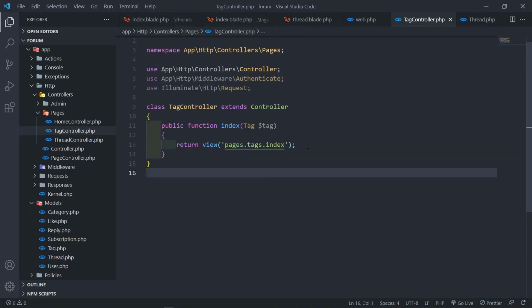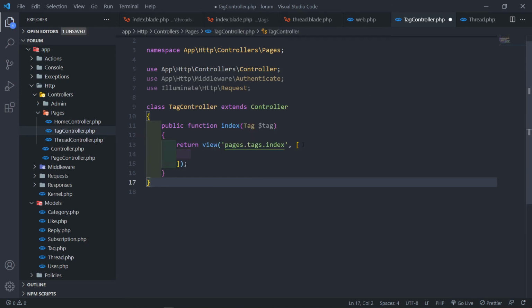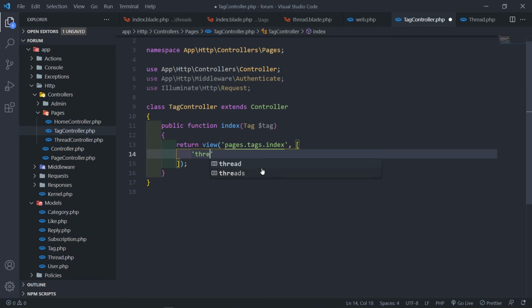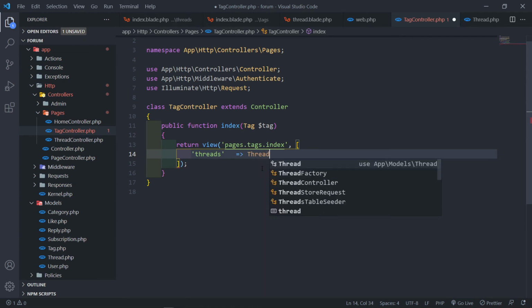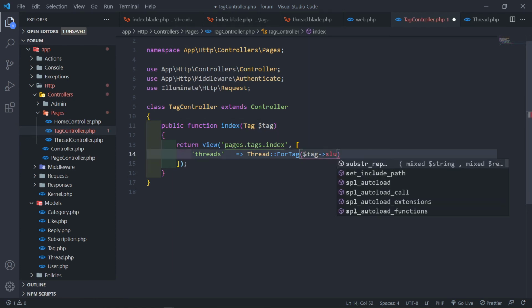All right, so let's do the query. Let's go to our tag controller, and let's create open and closing parentheses and square brackets after your pages. Then we want to pass in all the threads. Then we just get the thread, and we call on that method that we just created for tag. Then we pass through the tag that we just received in the parameter, this one right here, and we just want to get the slug,